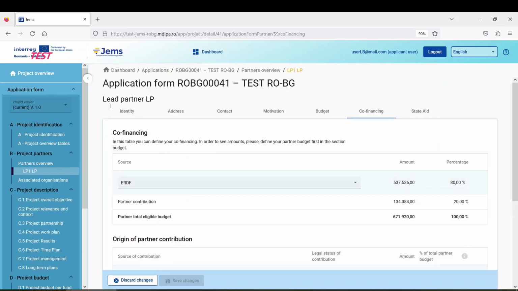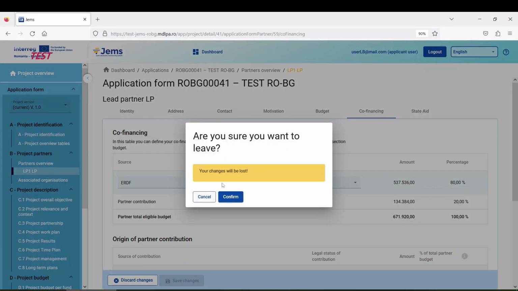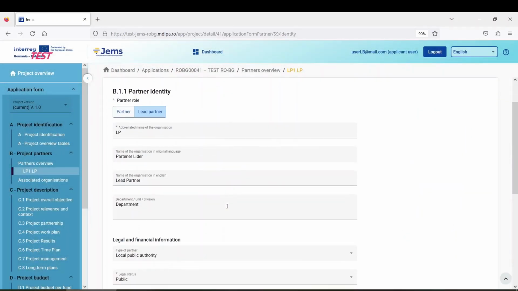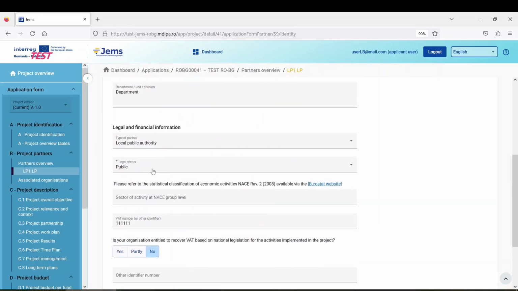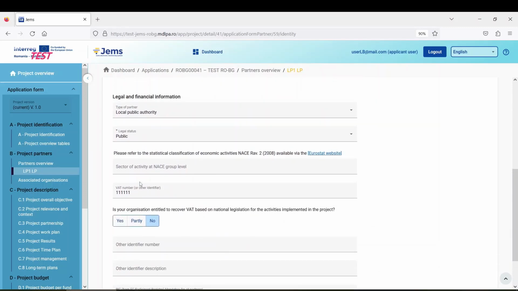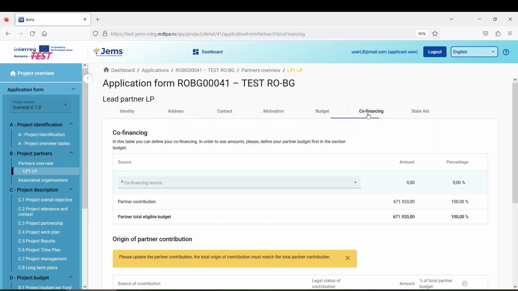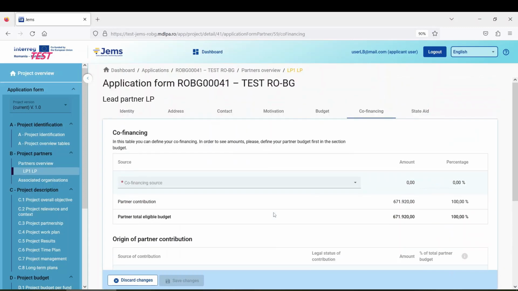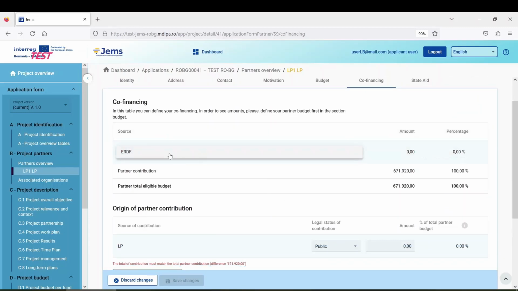And I will go back to Partner Identity. I will lose the changes for now because I haven't inserted all the data. And as I mentioned before, we have selected in Partner Identity the legal status of the partner, which is public. So therefore, in co-financing, when filling in the legal status of the partner, I will select also public, and select again the ERDF in order for the system to automatically calculate